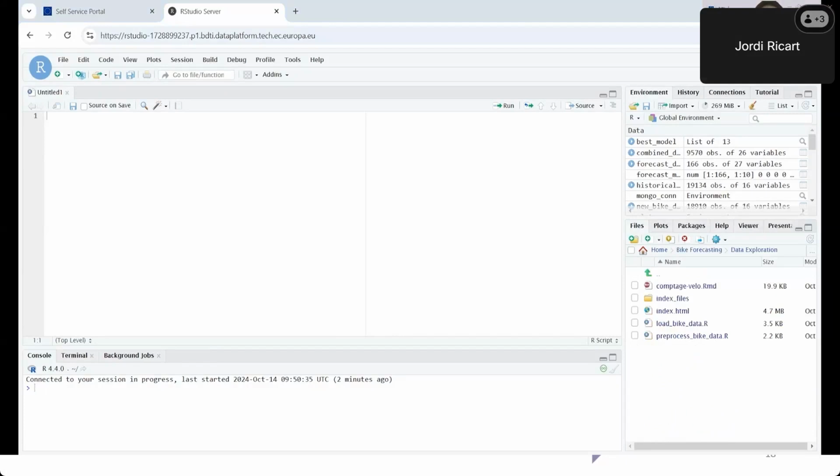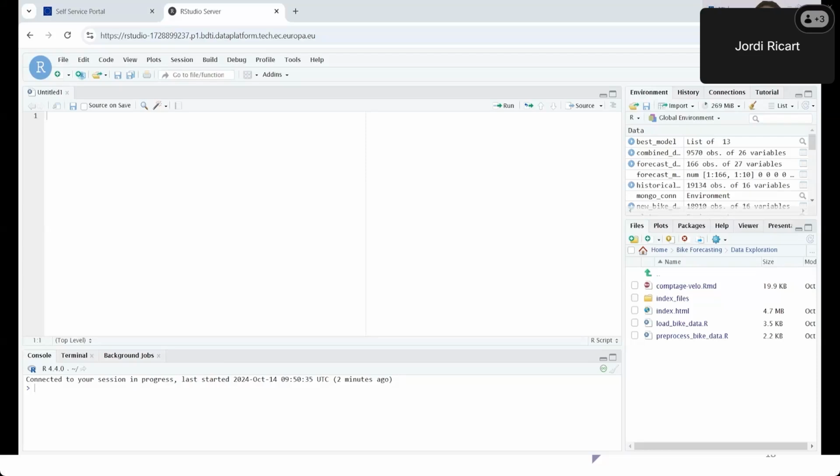So before we dive into the main analysis, it's essential to understand what R Markdown is and how it fits into our workflow. R Markdown is a powerful tool that allows us to write text, integrate code in R, SQL, Python, and then generate dynamic documents that combine the narrative with the results. And we can generate these reports in various formats, including HTML, PDF, and Word from the same source file. So it's highly useful for reproducible research and reporting, as it combines the data analysis with the documentation seamlessly.